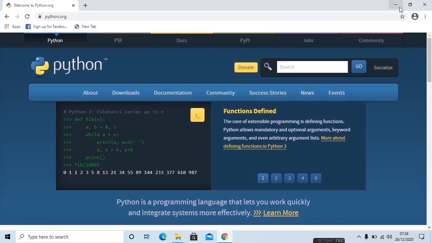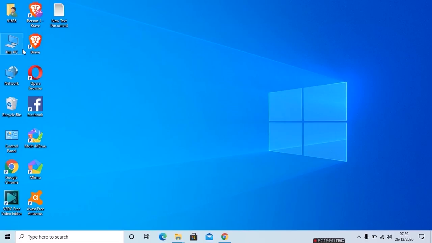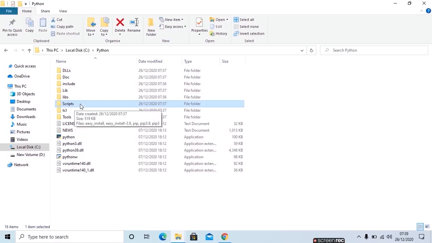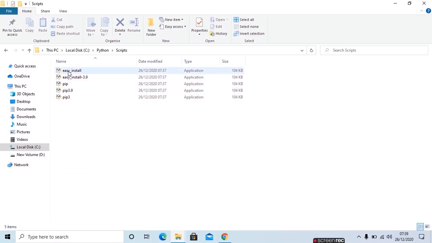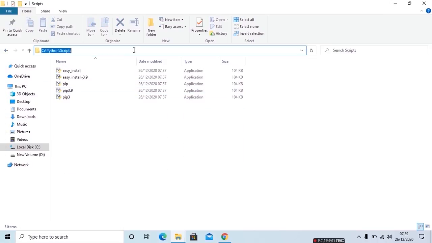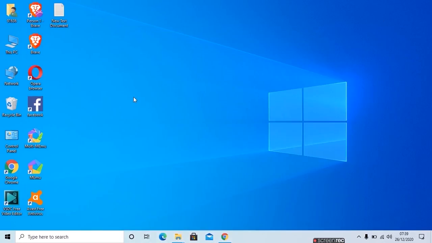Now the most important part in Python installation is setting the environment variables. I have to include this script folder to my environment variable. Otherwise my Python console will not run properly. So what I do is I will copy this destination location or the address